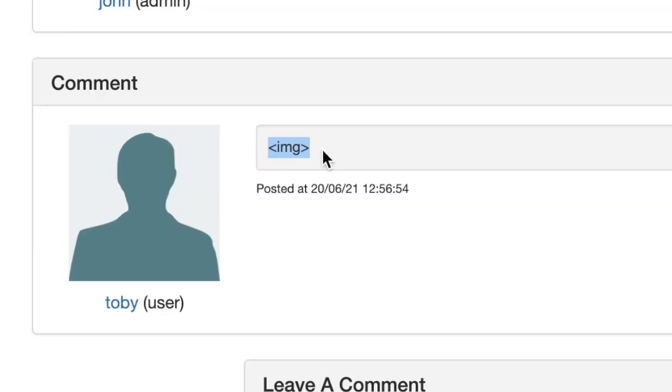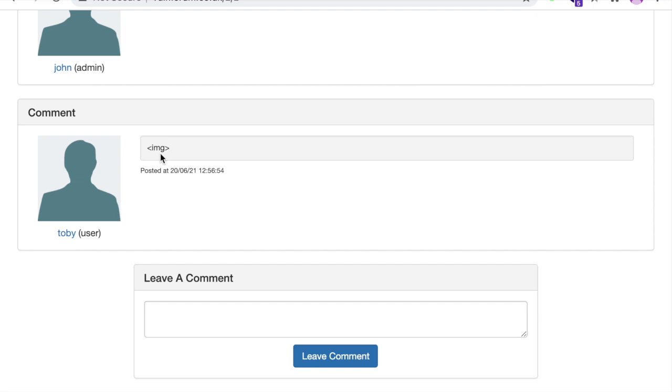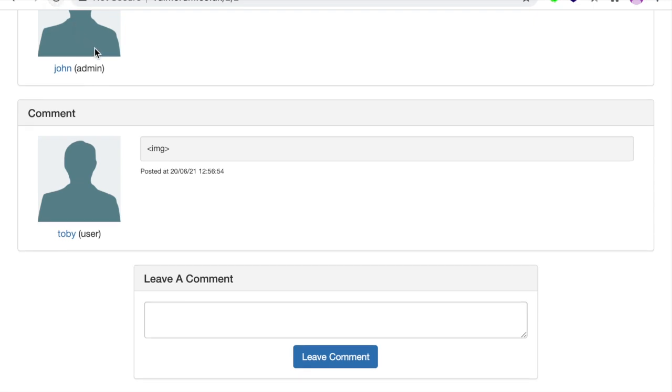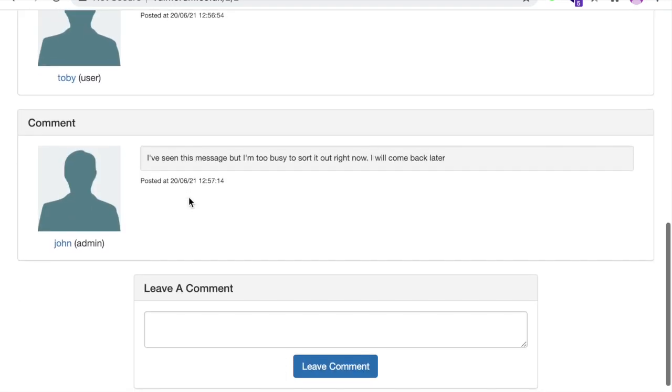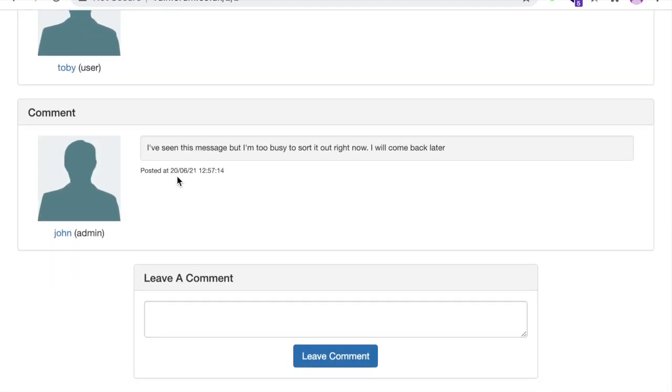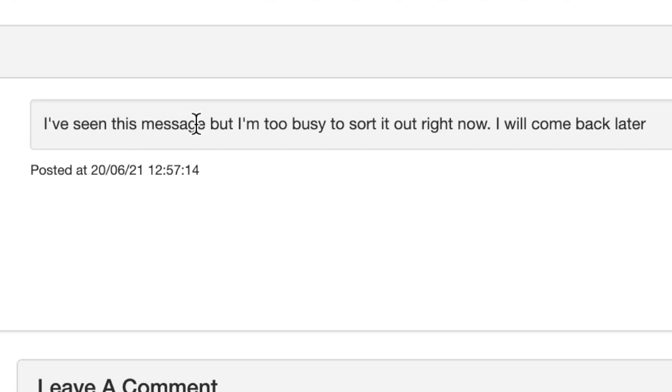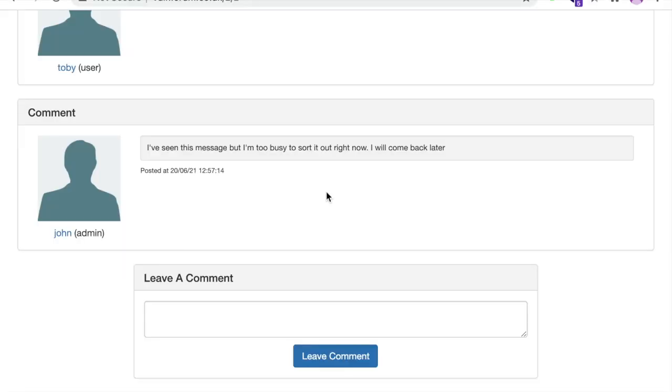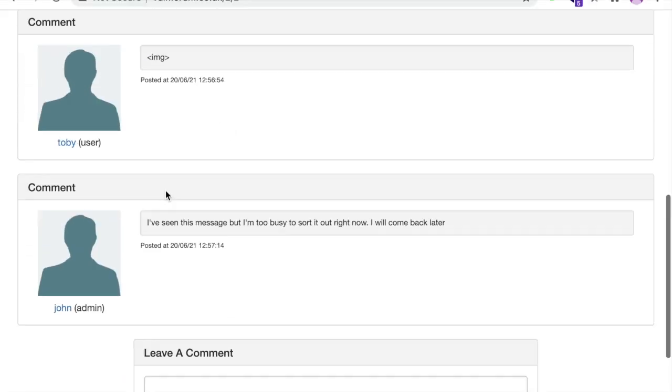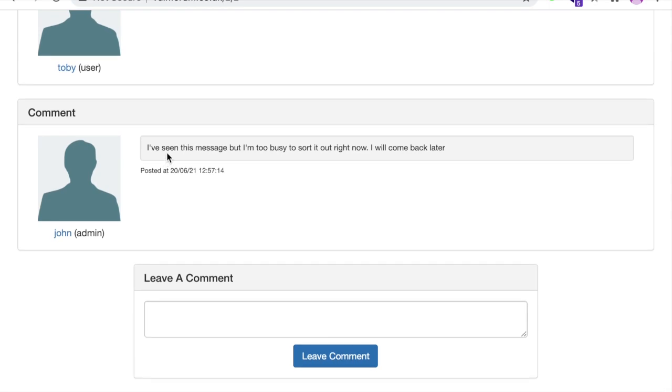Apparently it's properly encoded, so we don't have a cross-site scripting, for example. If we refresh the page, we see that there is a new message from John saying that I've seen this message, okay, but I'm too busy to sort it out right now. I'll come back later. So this means that whenever we send a comment, John visits the page to see what's